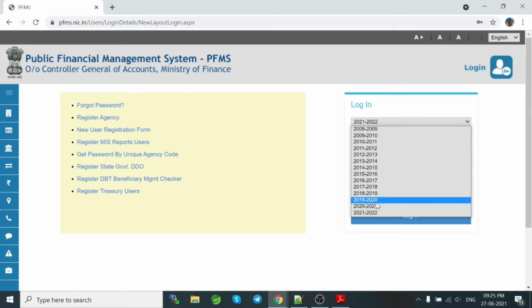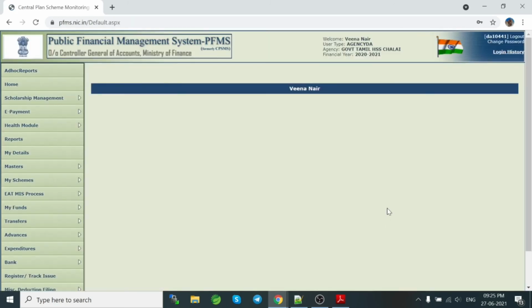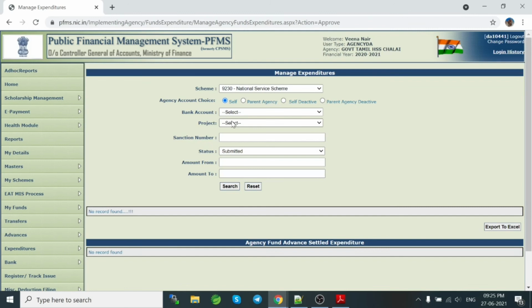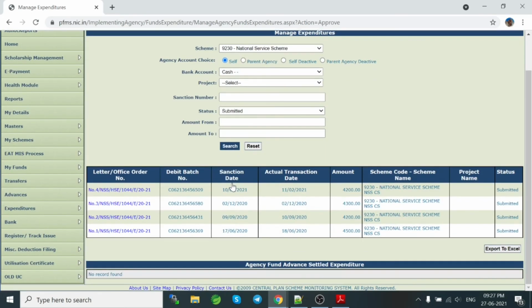Here select financial year, DA data approver user, then go to expenditure, click approve, here select cash, then click search. You will see all these 4 entries here, number 1, 2, 3 and 4. Now you can approve one by one.